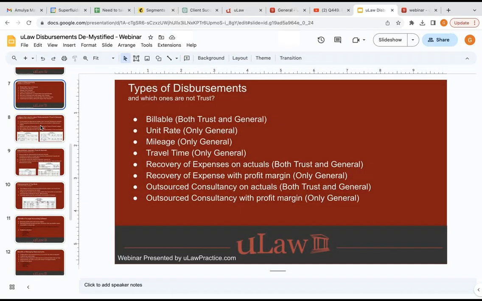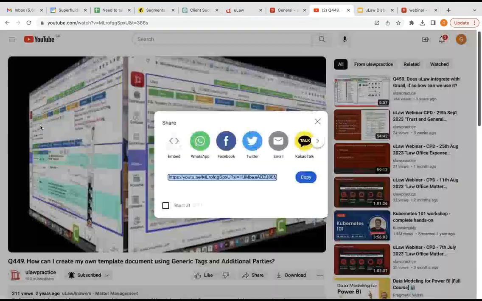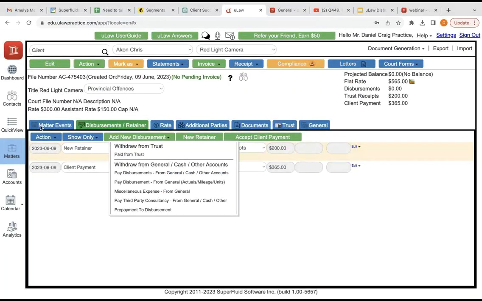This types of disbursements talks about whether it's a unit rate or whether it's billable, whether it has a profit margin or not. All of these are to be considered looking into the type of disbursement you're adding. That's your step number one. So you first identify the method under which you're going to add the